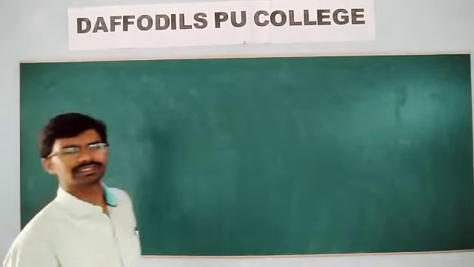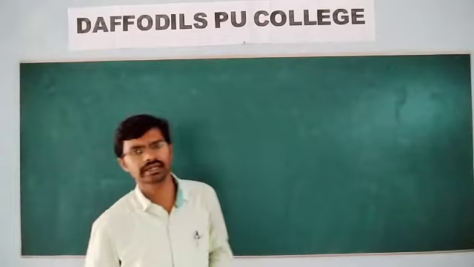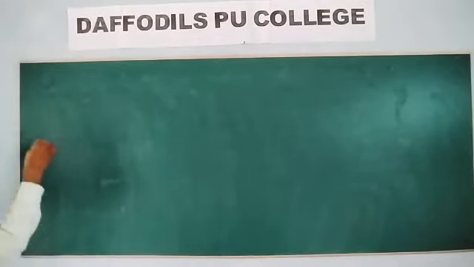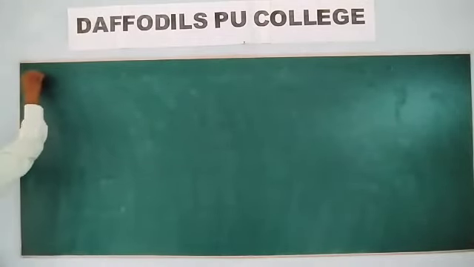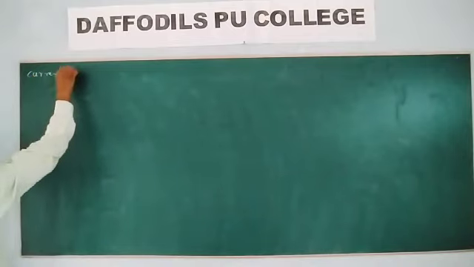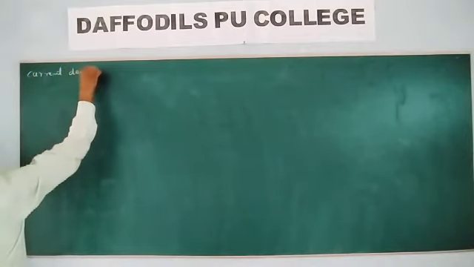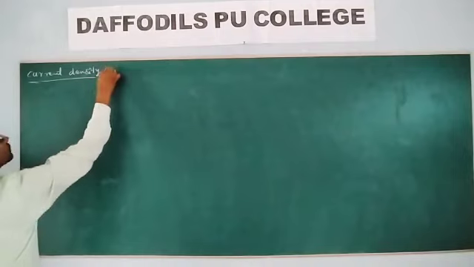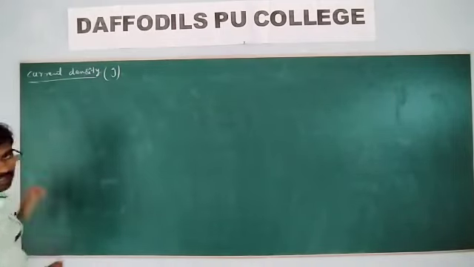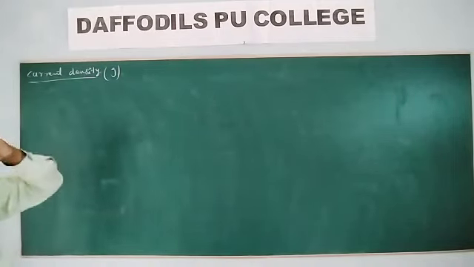In the previous class, we discussed what we mean by electric current and Ohm's law. So let me discuss current density. What is the symbol here? J is the symbol of the current density.